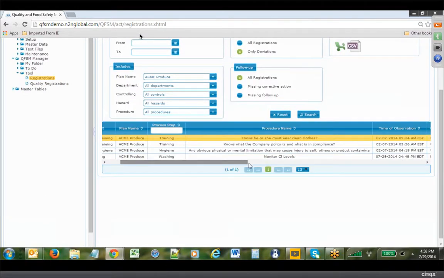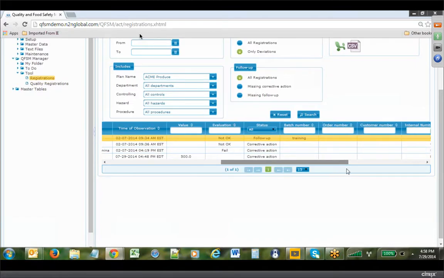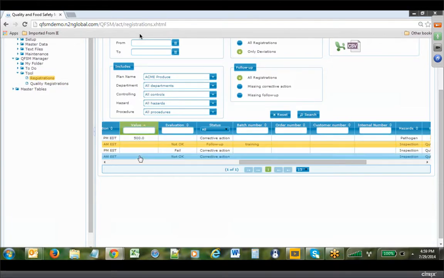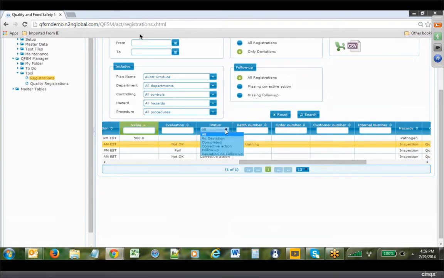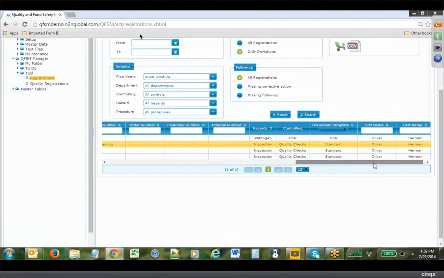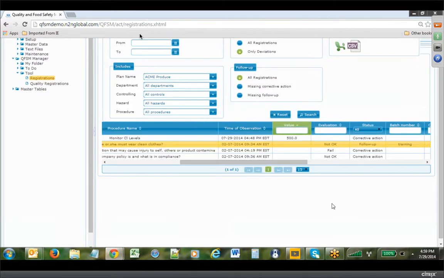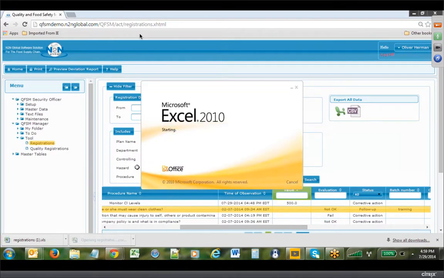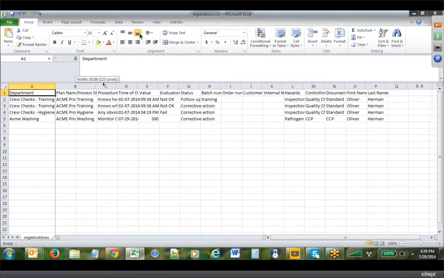Scooting across here, you can see there are a number of bits of information with data filters that you could look in at. You just type in a value here, and it'll filter in on what you're looking for. There's some drop downs. In this case, status, first and last name. You can see who signed in, who actually made the registration. So if you're looking for all the activity from a certain individual, you could track it that way as well. When you're done with it, anything that's displayed in the table. There's only 3 things in the table here. Of course, I hit it twice, so it works twice. It'll put it to an Excel file,